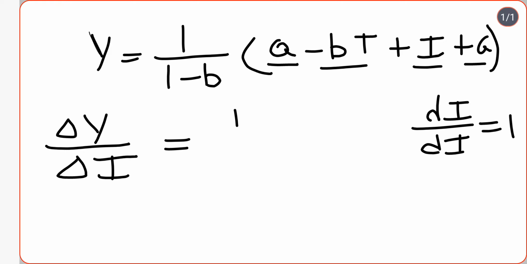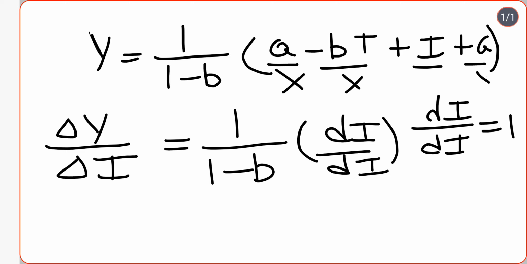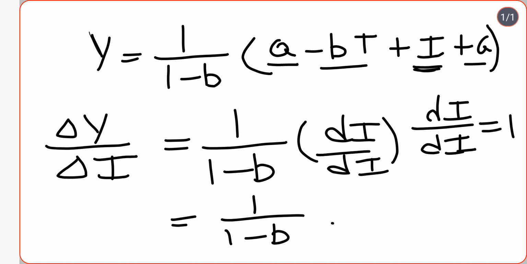So 1 by 1 minus b will stay outside, and we have dI by dI within the bracket. All of these other terms will not have any derivative because they don't contain the term I. Only the derivative with respect to I will occur at this portion. So dI by dI equals 1, and it will be 1 by 1 minus b. So this is the value of del y by del I,